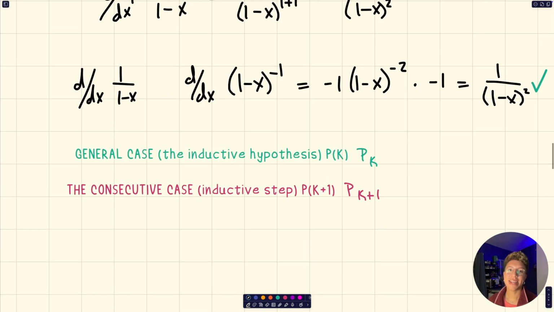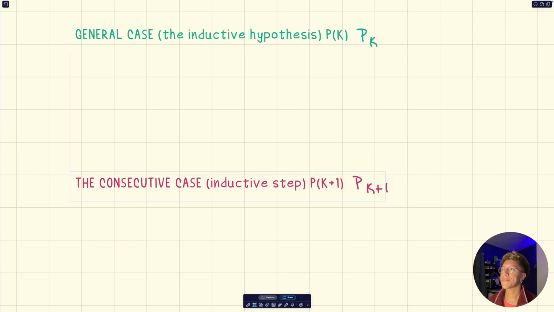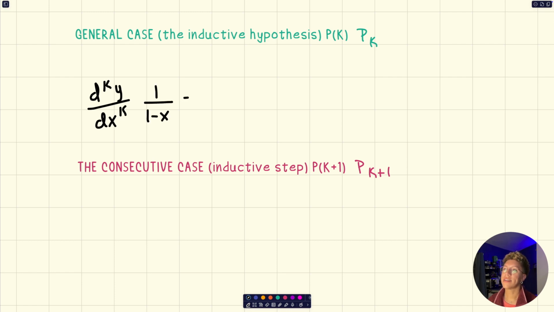Our next step is to, of course, do our general case, the inductive hypothesis, now that we've proved the base case. So let's move this down. General case is pretty quick as always, like we've seen. So we're just taking our k, we're plugging it into our statement. We're saying that the k derivative, or the kth derivative, of the function 1 over 1 minus x